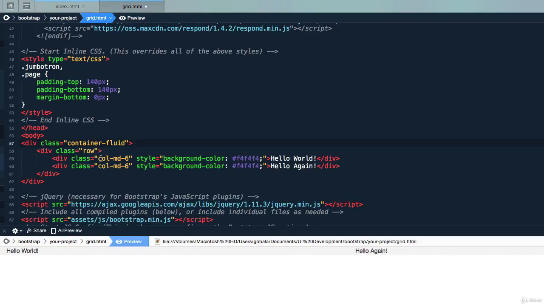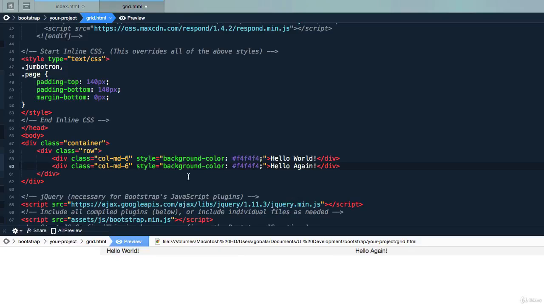But I don't recommend using container fluid unless you're designing for an application that is actually end to end. For most websites, people don't read the screen from end to end, they only read what's in the middle. So I don't recommend using container fluid, but it's there if you need it. Okay, so now we're back to the main